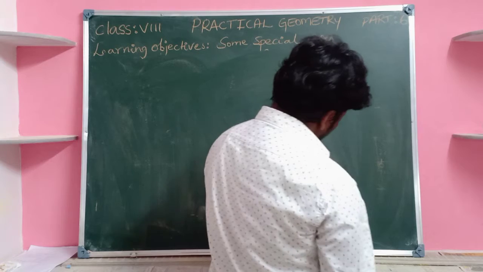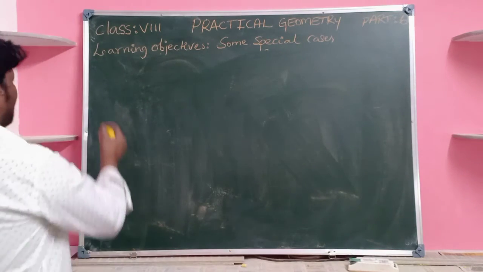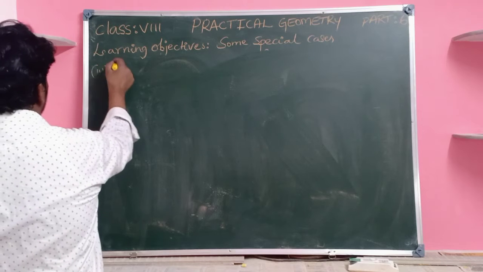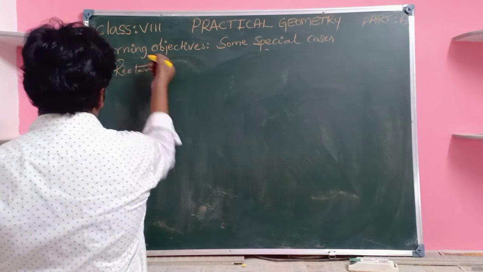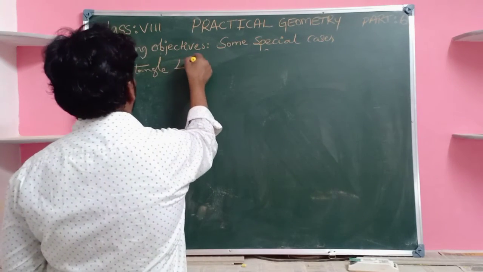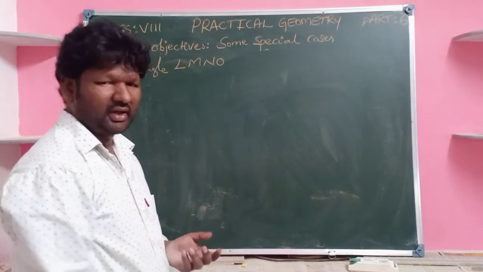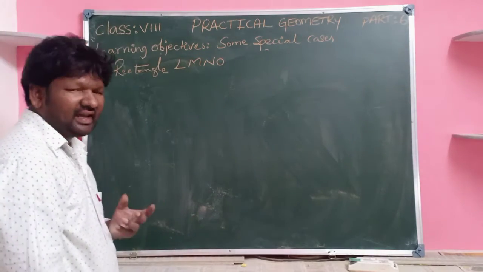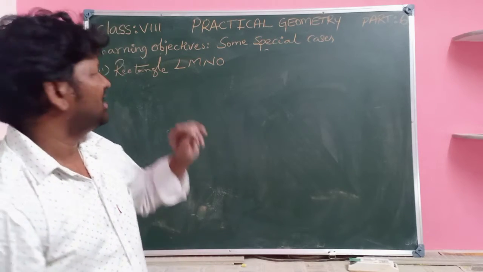Construct a rectangle, for example LMNO. In case of a rectangle, they will give any two adjacent sides' values, because in a